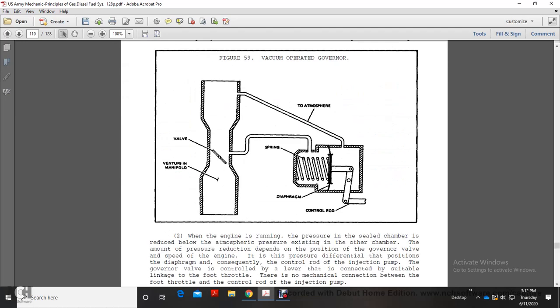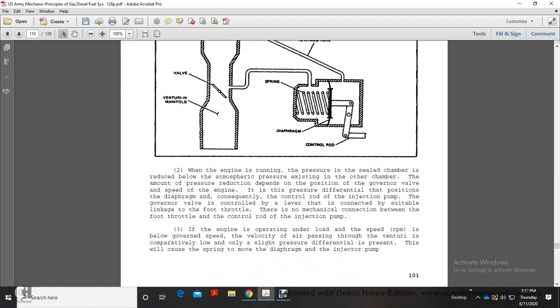So you have your valve, venturi, manifold, spring, to atmosphere, diaphragm, central control rod. When the engine is running, the pressure in the shield chamber is reduced relative to the atmospheric pressure existing in the outer chamber. The amount of the pressure reduction depends on the position of the governor valve and the speed of the engine. This pressure differential determines the position of the diaphragm, and consequently the control rod of the